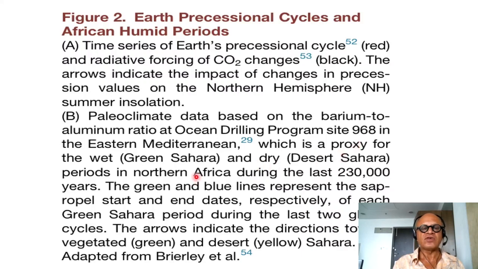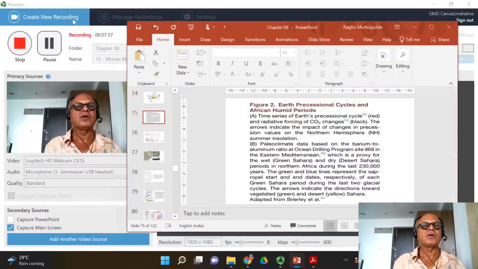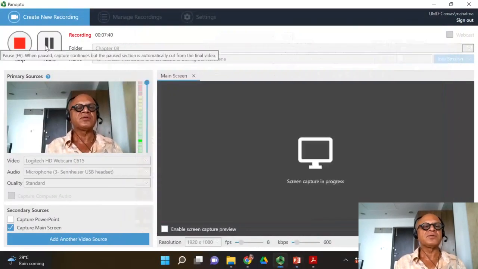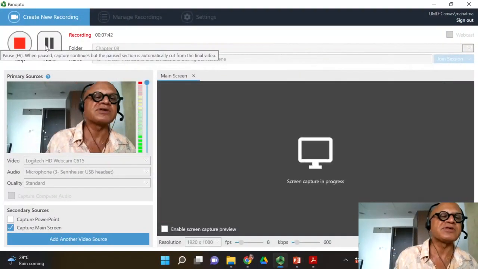Okay, which is a proxy for the wet and dry Saharas. Periods in northern Africa during the last 230,000 years is what we will look at. The green and blue lines represent the sapropel start and end dates respectively of each green Sahara period during the last two glacial cycles. Sapropel is basically organic matter that gets deposited, and if there is high rainfall and high river runoff, then it doesn't get consumed or respired, so it gets accumulated, and during the dry period it accumulates